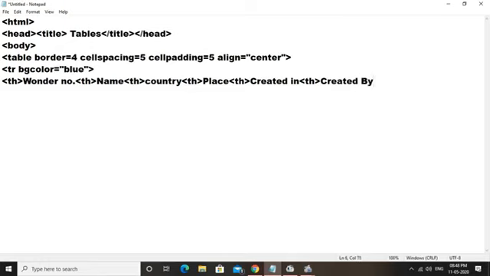Now this first row is over, so we will close the tr tag, which indicates my first row is completed. Now we will start the second row, so we write the tr tag once again here.